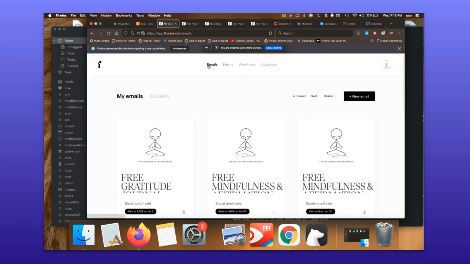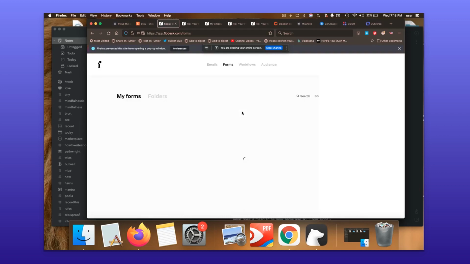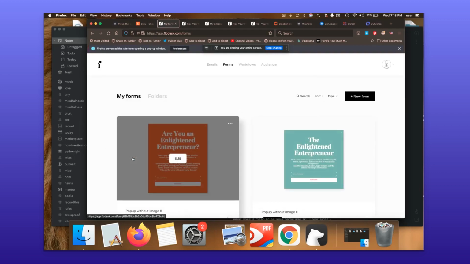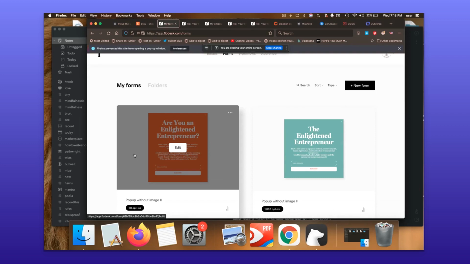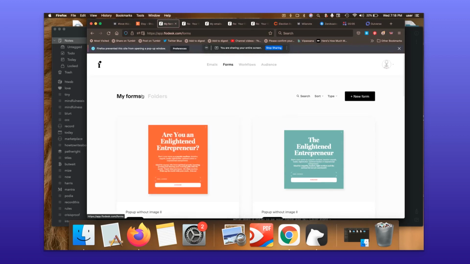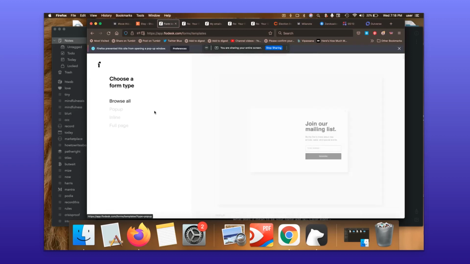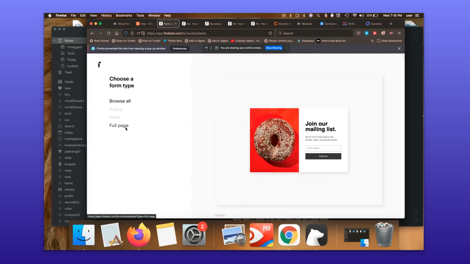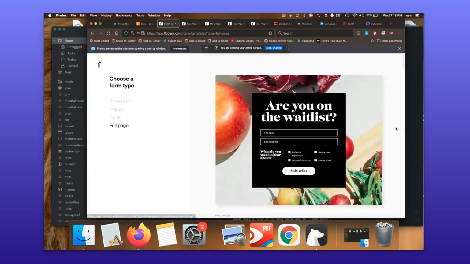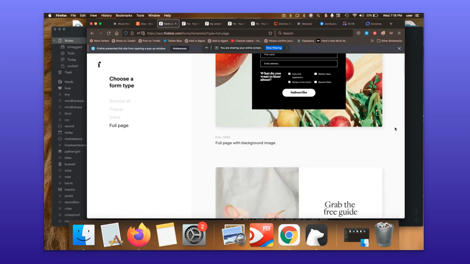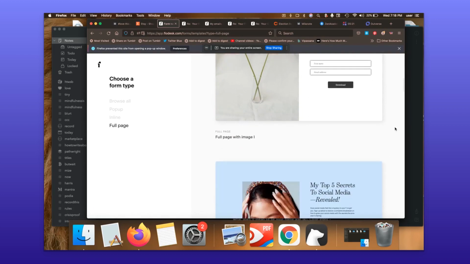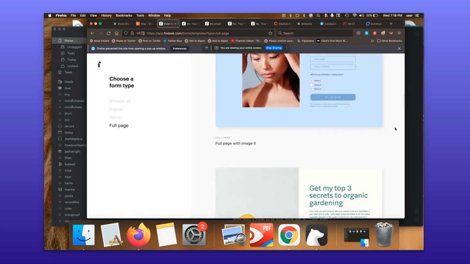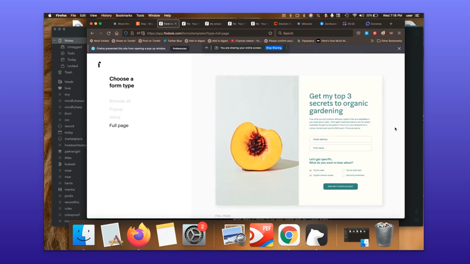If you go into forms right here, you can see that I have a ton of them that I kind of don't want to be publicly visualized here. But if you go to new form and let's say you have pop-ups, I usually pick full page. And here are some of these landing pages. You can create these for your clients that are email